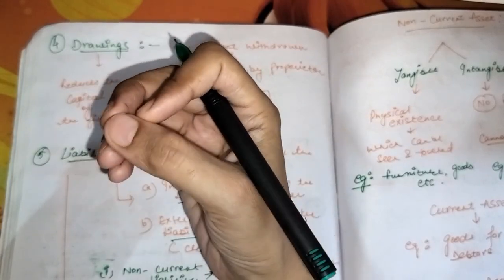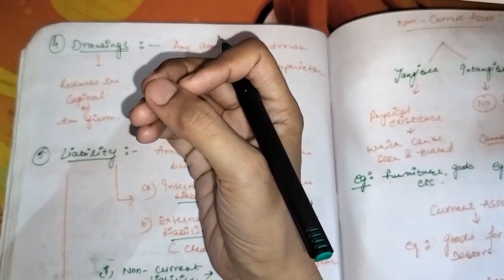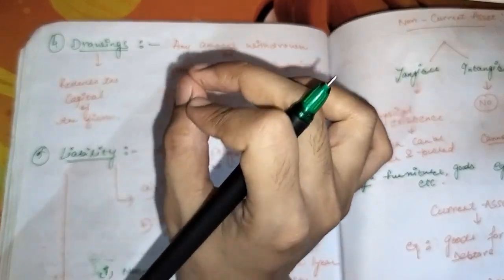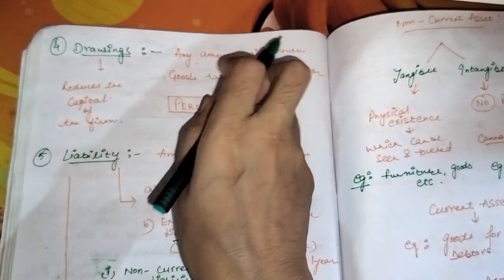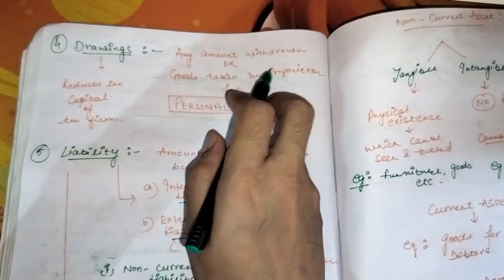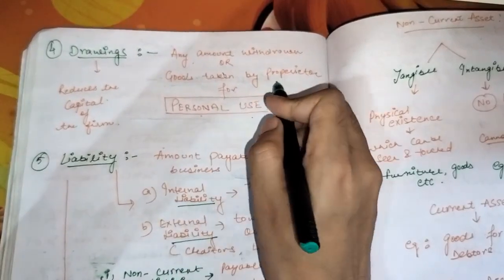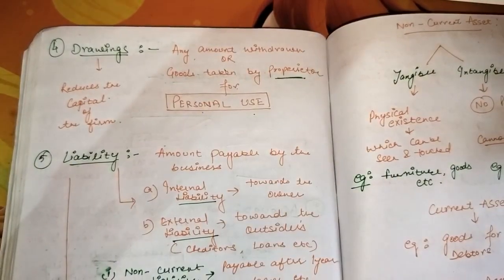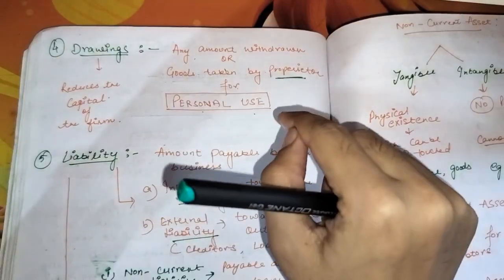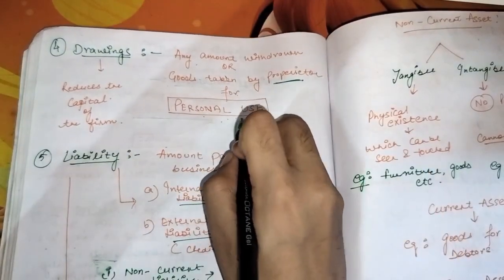Let's say 10,000 rupees I'm taking back for my personal use, then that will be called the drawings. So drawings is basically any amount withdrawn or goods taken by the proprietor for personal use. Proprietor here is the owner. Anything that is being taken by the proprietor or the owner for his personal use will be known as